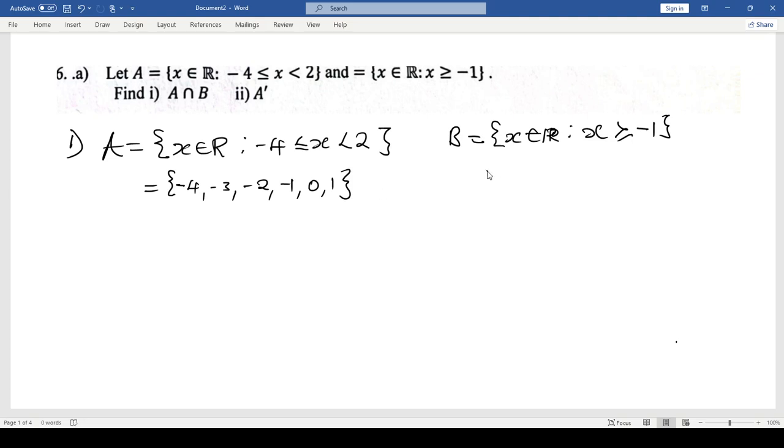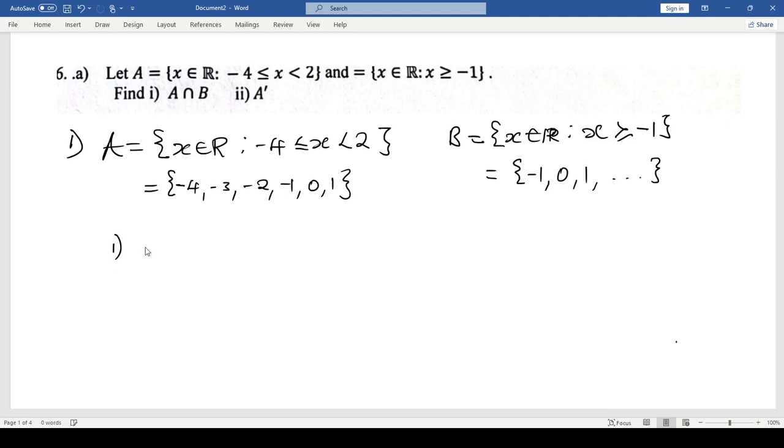Then for B, we start from -1, 0, 1, up until positive infinity this side. So we can just write these 3 dots that we have here. Okay, so now